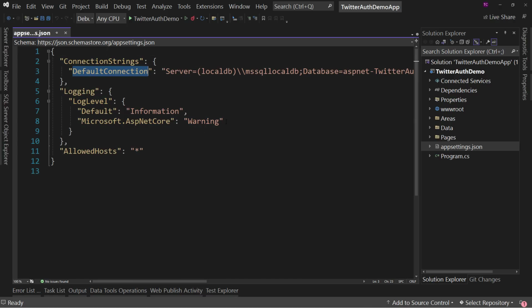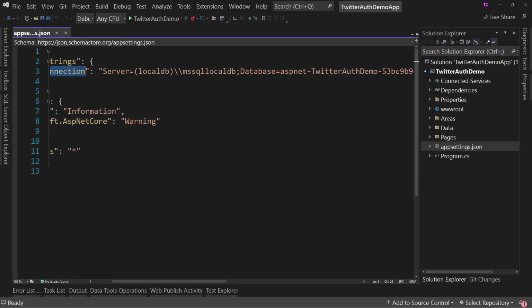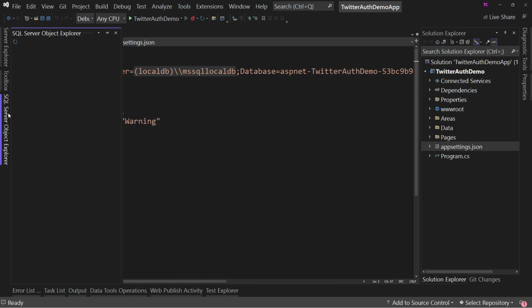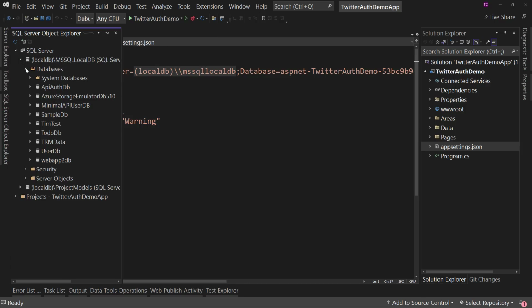And this connection string sets up for us a connection to a database where our authentication information will be stored. Information about users and roles and all the rest. Well, by default, we get this generated database name. So it's going to store in localDB/mslocalDB. To go to SQL Server Object Explorer, we'll see we have localDB in here, and we have databases, and